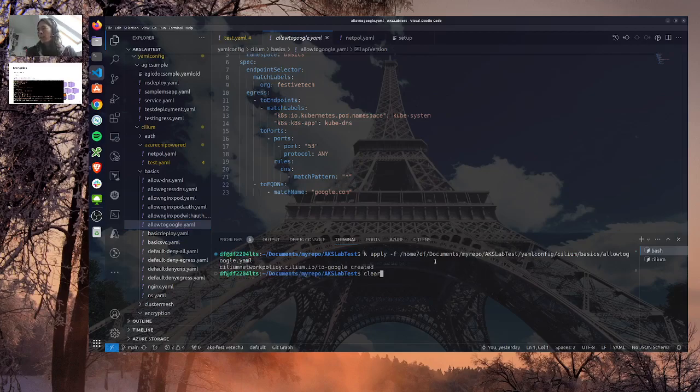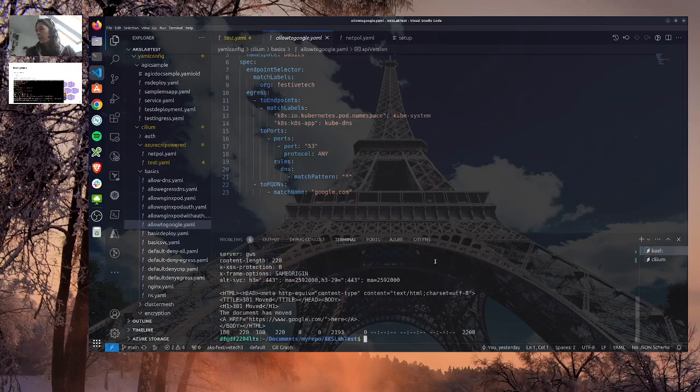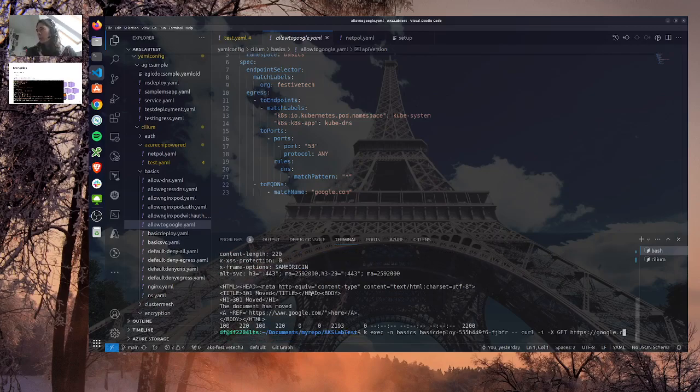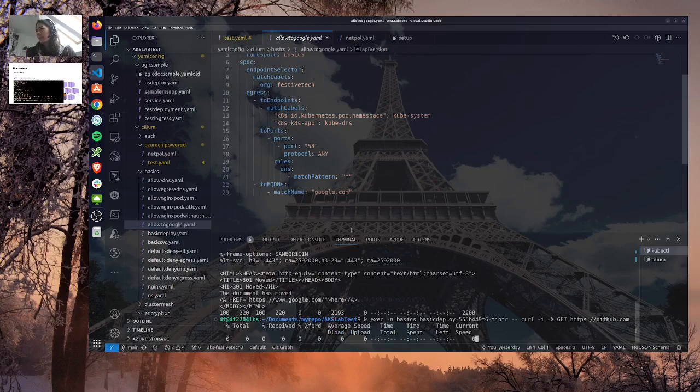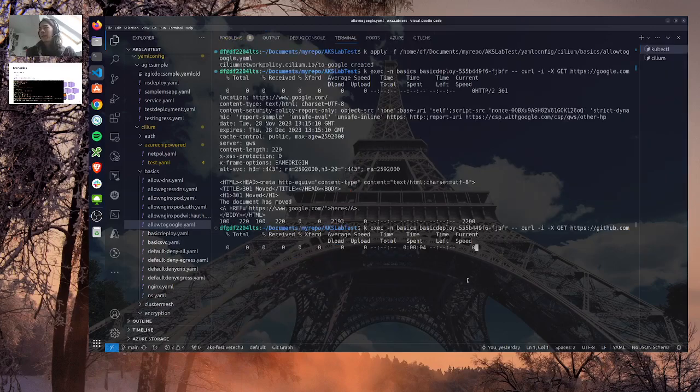And now let's exec again from my pod to see if I can reach Google. It seems to be working, but if I'm trying to reach not Google but GitHub, it's not working as expected.